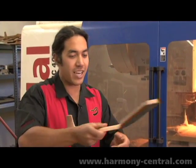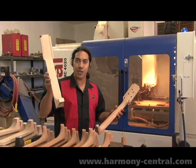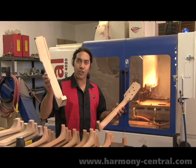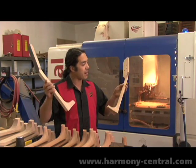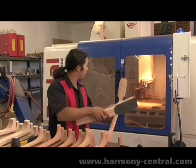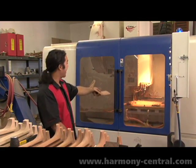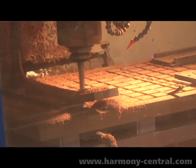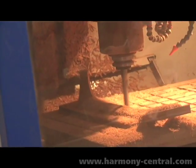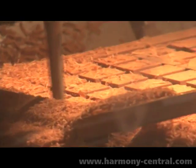So here we have a bunch of necks. These are blanks. We saw these over at the wood shop being produced. We get them to a stage where they're close and ready for the CNC machine to start carving them into the barrel and then the peg head with its tuner holes. And that's what you see going on behind me here. The machine is actually what we call interpolating the heel. Now it's carving the barrel and up into the hand stop of the neck before returning on a series of hundreds of passes actually. When we get done, you can see that the surface finish is very fine, and the